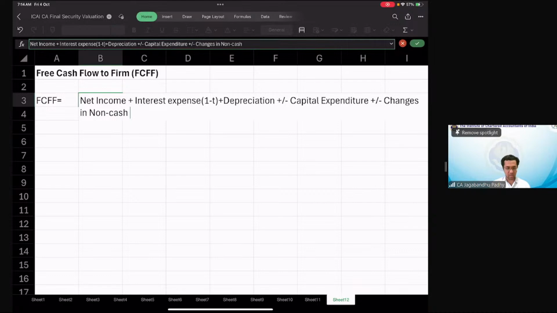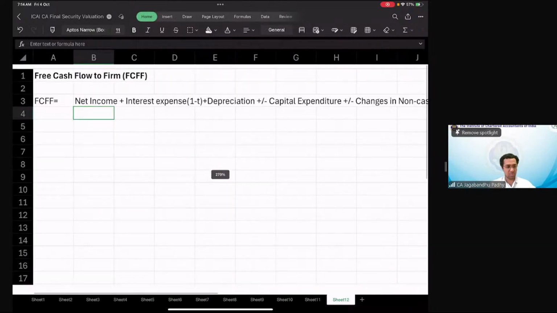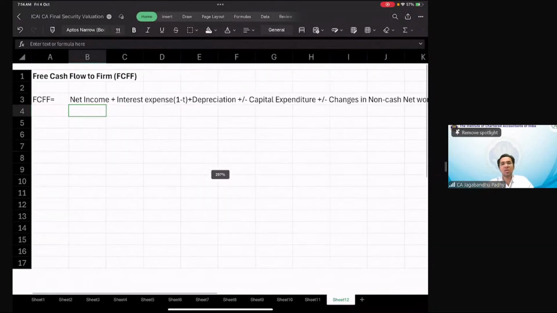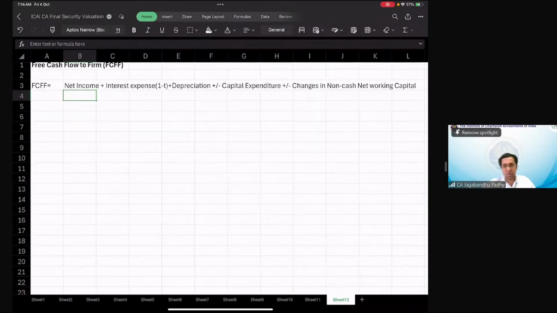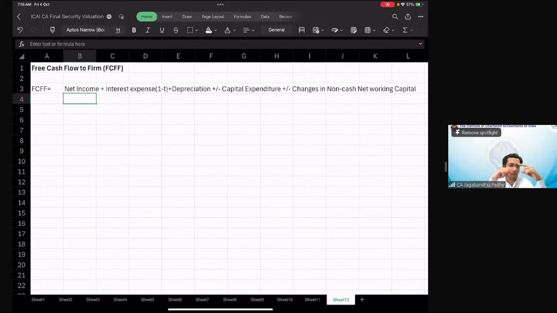in net working capital, right? So that's going to be the final figure, which is changes in the non-cash net working capital. Non-cash means we are going to exclude cash from the changes in working capital. Cash is not going to be counted in this case. So this is how you compute the free cash flow for the firm. We start with net income, add the interest expense, which is post-tax interest expense, adjust the capital expenditure, and adjust the non-cash net working